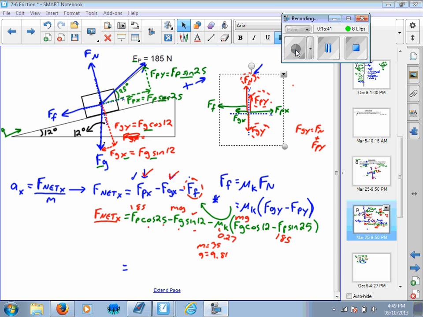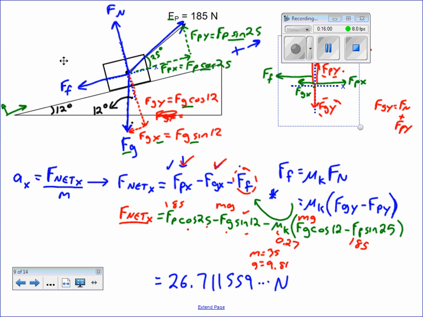Okay, so when I punch the numbers in, I get a net force in the x direction of 26.711559 newtons. And then we want to take that, let's make this bigger so it's easier to write on. We want to take that and plug it back in here. So we get 26.71159 divided by the mass, which is 35. And we get an answer of